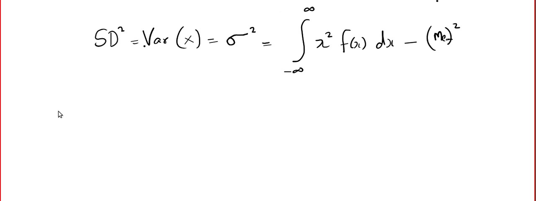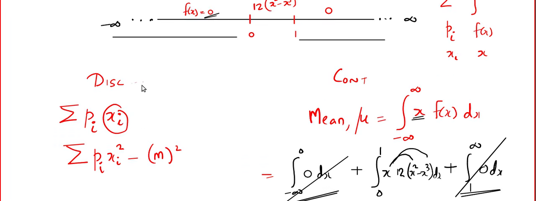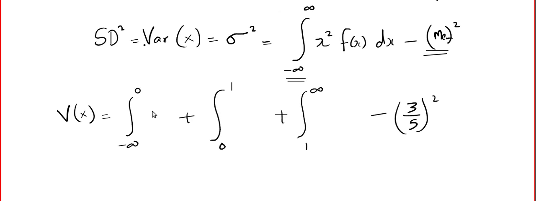That is, the variance is given by, now the same process, minus infinity to 0, just like the previous one. Where is our number line? 0 to 1, 1 to infinity, minus 3 by 5 squared, because we already found the mean. And like I said before, this will be 0, this will be 0, and this is x squared, and 12 into